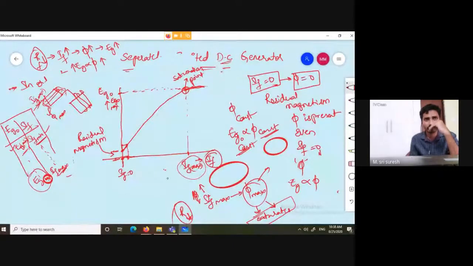If you increase the current up to the maximum value, the flux will reach just the maximum value. Then, if we increase the current beyond the maximum value, the flux will not increase. That is the saturation position. That means the poles are getting saturated, and after this the flux will behave as a constant. Now you got the point. I hope you can understand.